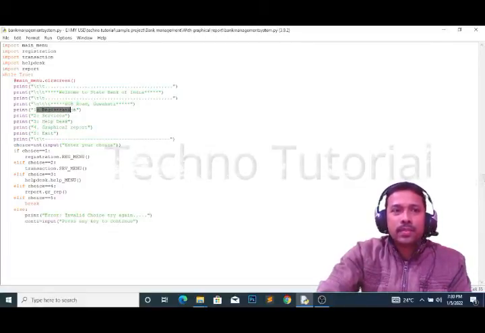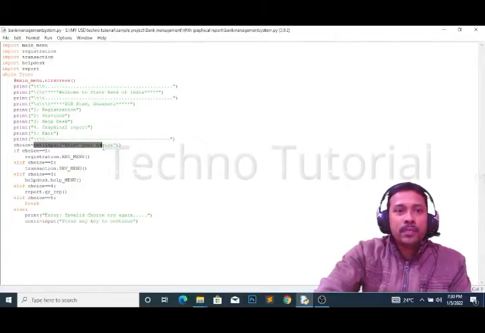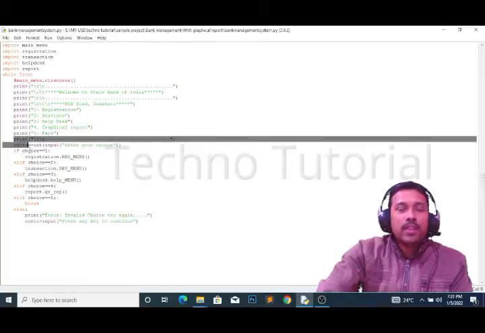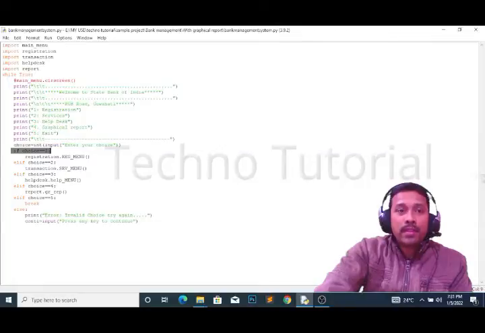These are the options. You have to select any of the numbers from here. When you press 1, it will be stored in the choice variable. Choice is one of the variables: choice equals int input, enter your choice. So when you press 1 from the keyboard, it will be stored in this choice variable. In the conditional statement we have given choice equal to 1. If your choice is 1, then it will go to this function, to this part.